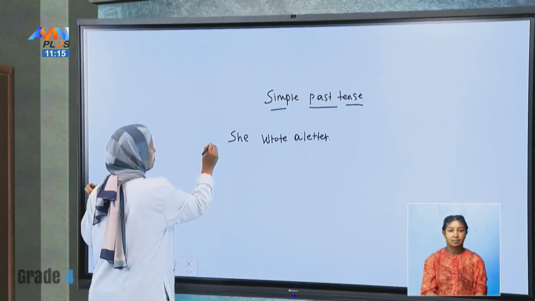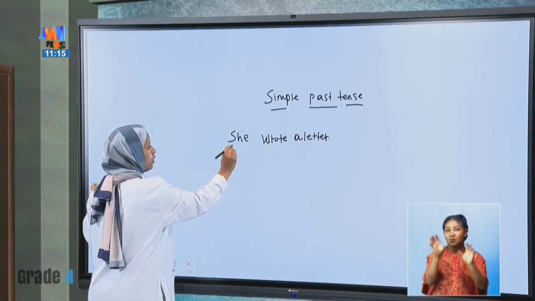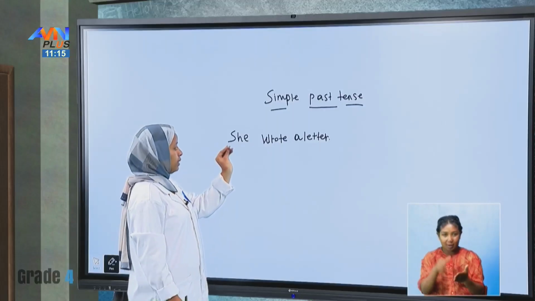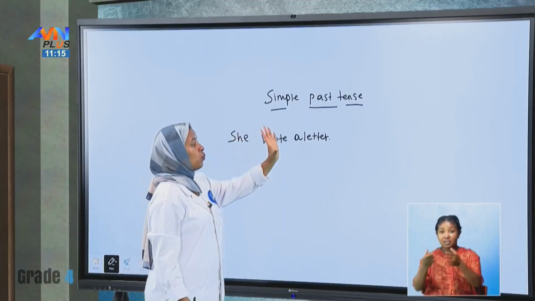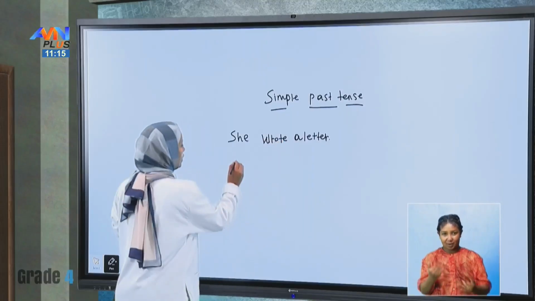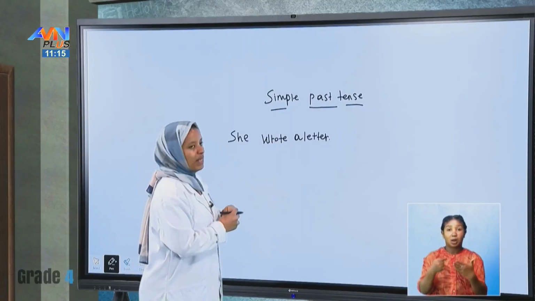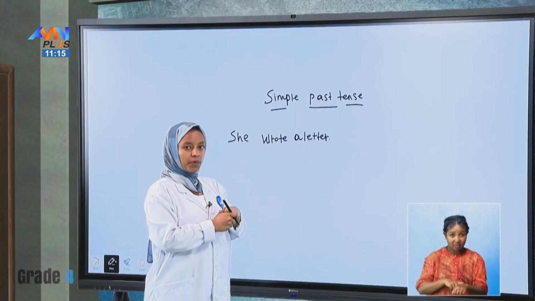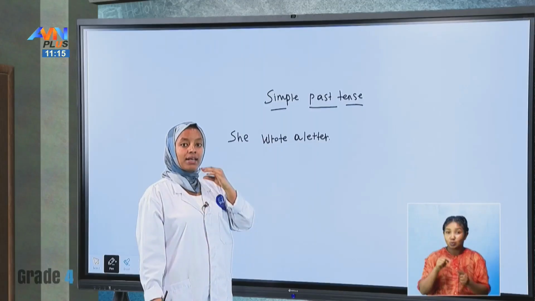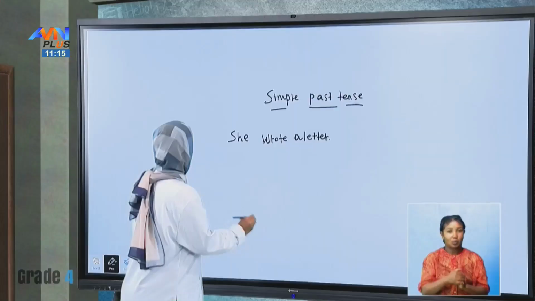Here is positive form. She wrote a letter. Let us change this sentence with interrogative or question form. So when we come to simple past tense, like simple present tense, we have a word that is used for asking a question. So here is do